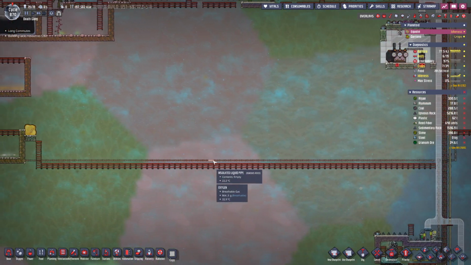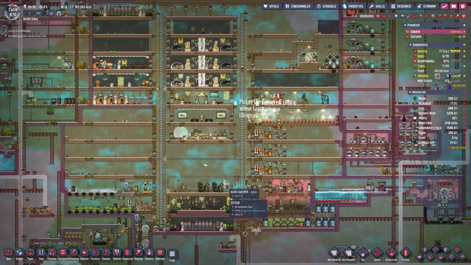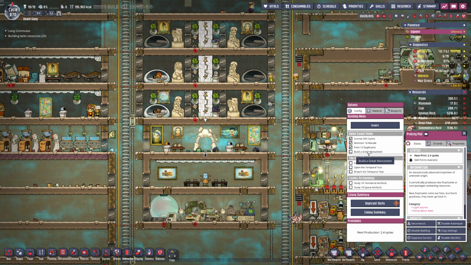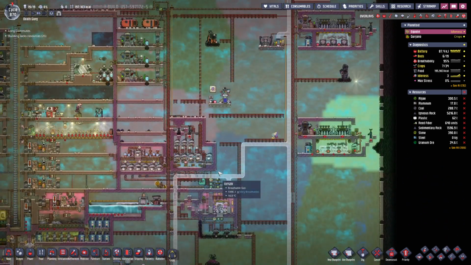And having several blocks of that nature. I don't know, we'll play with that in a minute. But anyways, printing pod is there. Build a great monument. I really want to. But we need to get rockets on the go, which means we need to get the